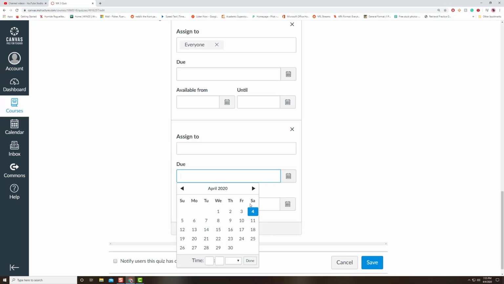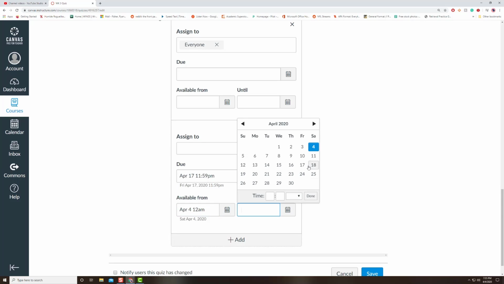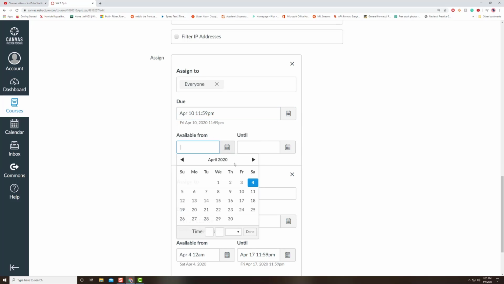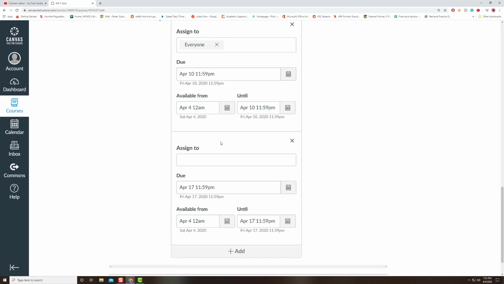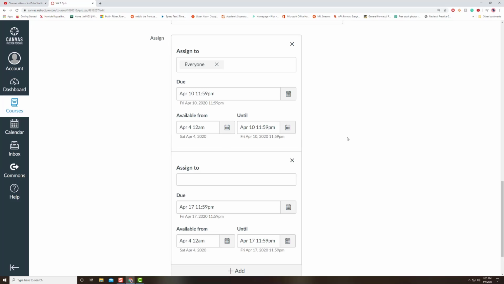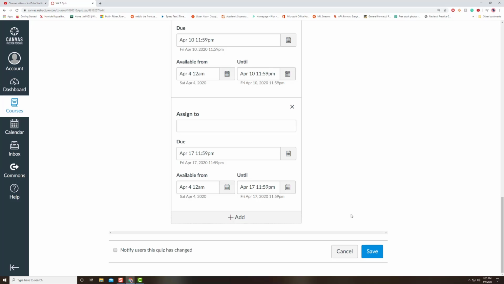I'd assign it to. And the due date, maybe the normal due date is for the 10th. For other students, we'll set this to the 17th, and this will be available from today until that Friday. Whereas for everybody else, the due date is on the 10th, available today, and due on the 10th. So as we can see, just like in our Dropbox, we've changed these settings where for everybody in our class, it's due on April 10th, but for our students with extended time accommodations, the quiz will be due on the